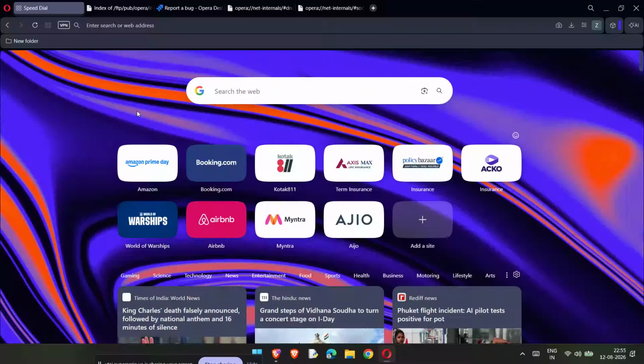If Opera Flow is showing an error, don't worry. In this video, I'll show you a simple step-by-step way to fix it quickly. We're going to clear the browser data, check for missing Opera patches, and then disable the VPN if it's interfering with Flow. This is a great fix to try when Opera Flow stops syncing, won't load properly, or keeps showing